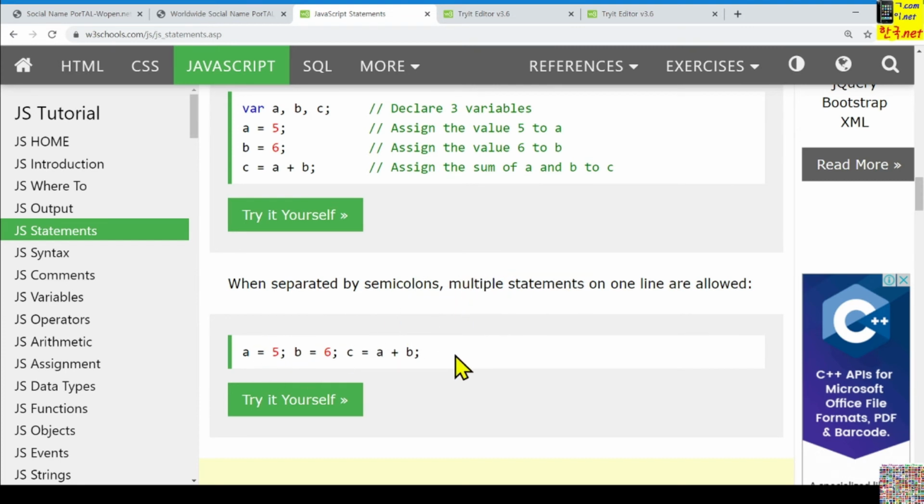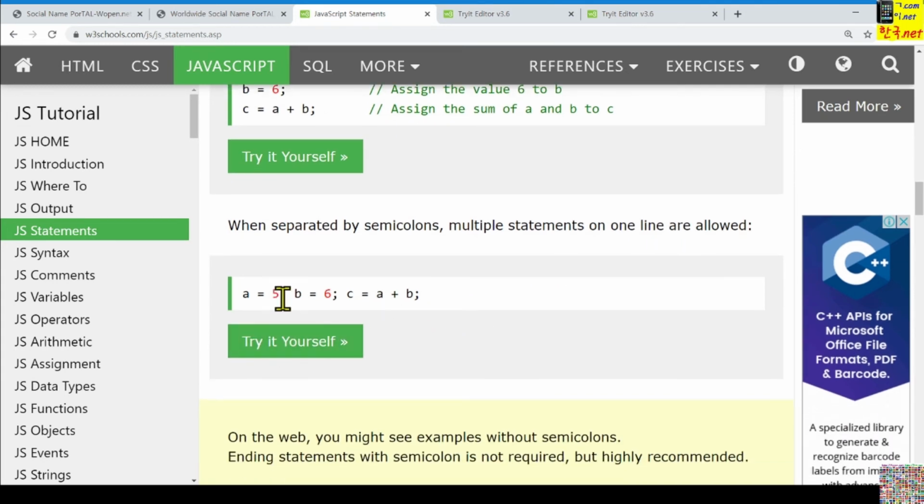Multiple statements can be on a single line, like this. That is allowed, but each statement should be separated using a semicolon.